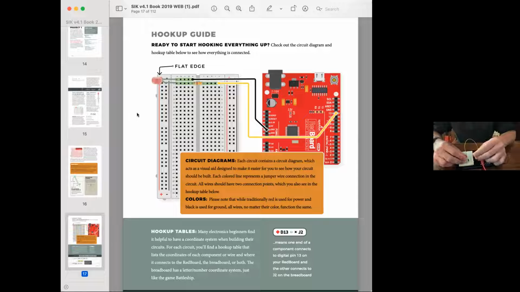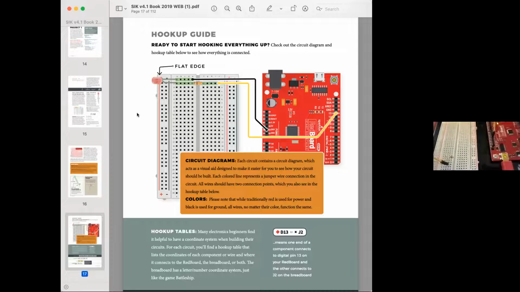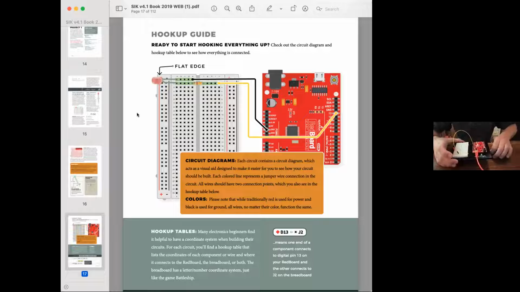And so I'm going to put that one, actually move this over. I'm going to put that here on my breadboard, just like it shows in the diagram. So it's going to go between the positive side of my LED and this other side of my breadboard. Usually with these, you'll have to bend the wires a little bit to get them to angle down to go into the holes. And then I'll take my black wire to go from the other side of the resistor and put it there